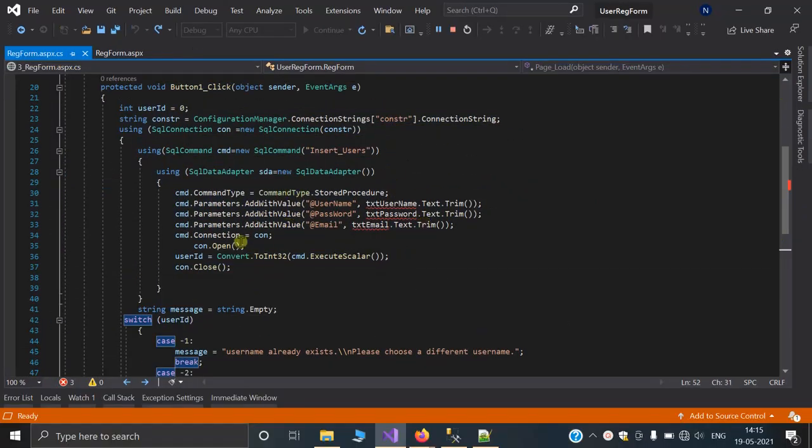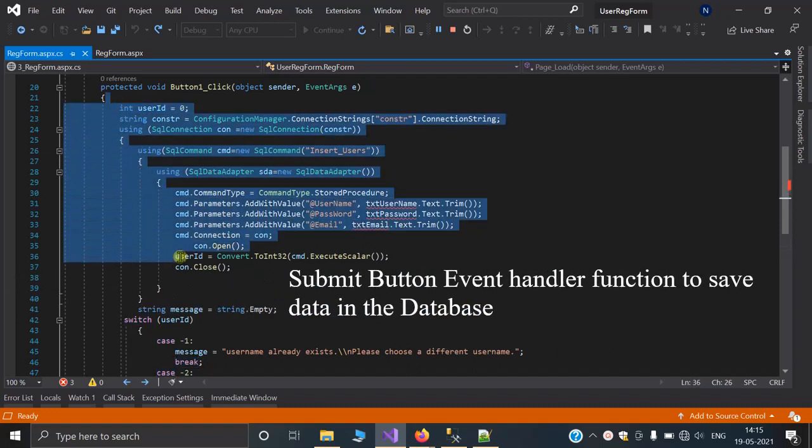So guys, this is the submit button code to save user registered data into the database table.